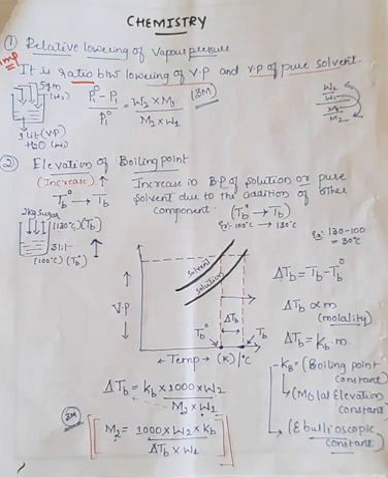Already you know what vapor pressure is: the pressure created by the molecules or the vapors on the upper surface of the container or the lid. It is called vapor pressure. And lowering means a decreasing vapor pressure. It is a ratio between the decreasing or lowered vapor pressure and the vapor pressure of the pure solvent, whether it is water molecules or any kind of solvent molecules you take in a container.